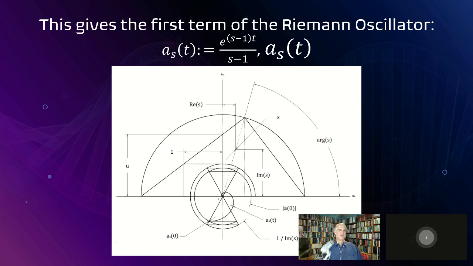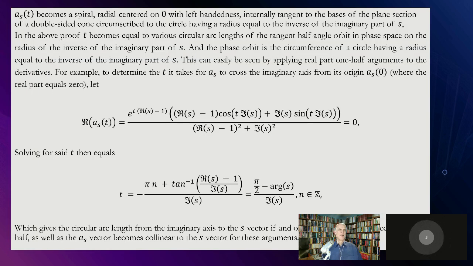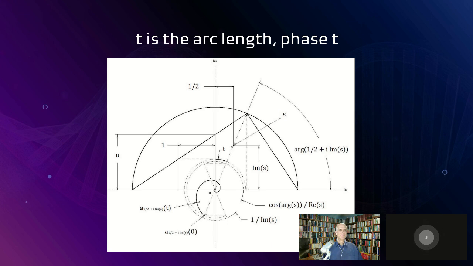And how can you prove that? If you go ahead and see this line from A sub s of 0, that curved line, that part of the spiral where it meets up with the imaginary part, what is the t it takes to get from there to there? It's related to phi. The amount of t that it takes for this function to get from the origin to the imaginary line, you can calculate by setting the imaginary part to 0. You get t, and it is that arc length. Only when the real part equals 1/2, though.